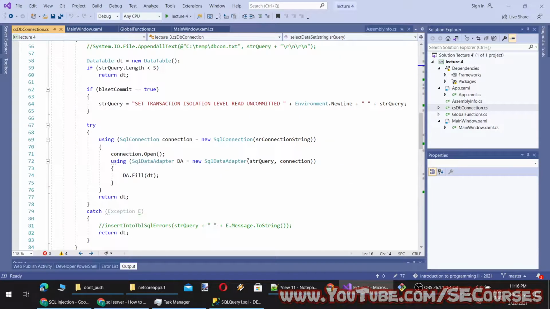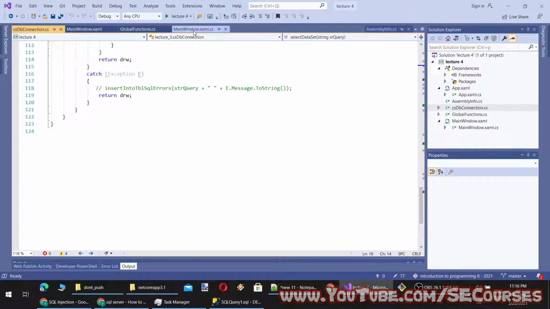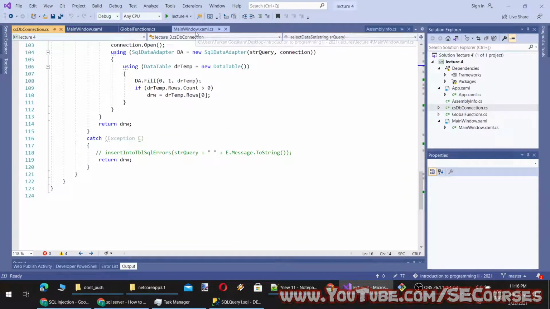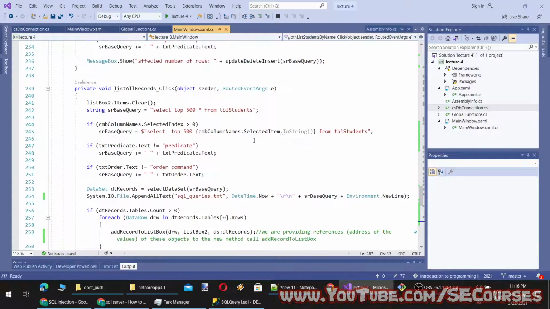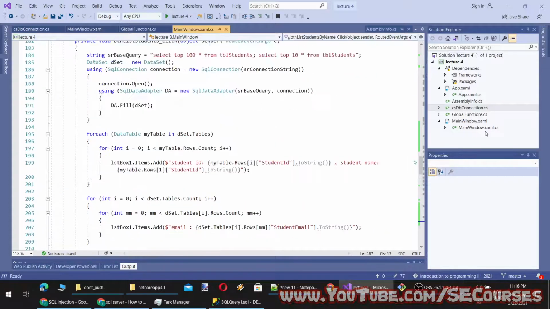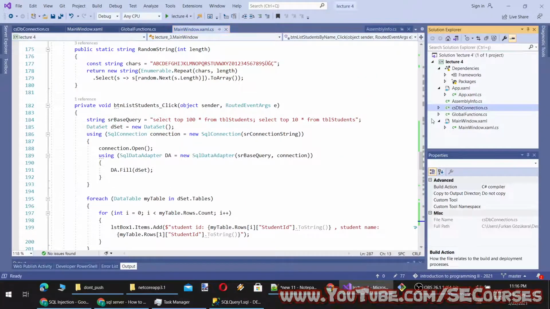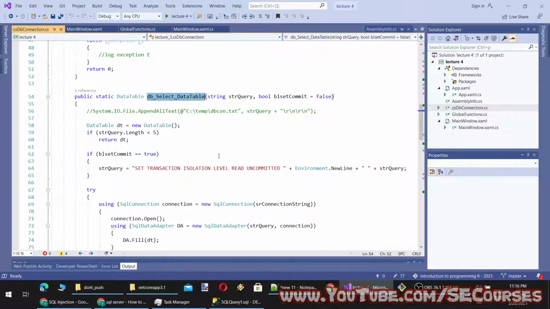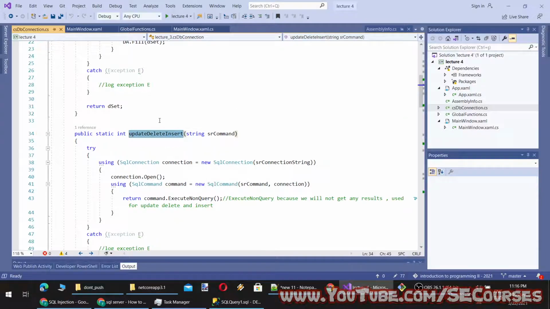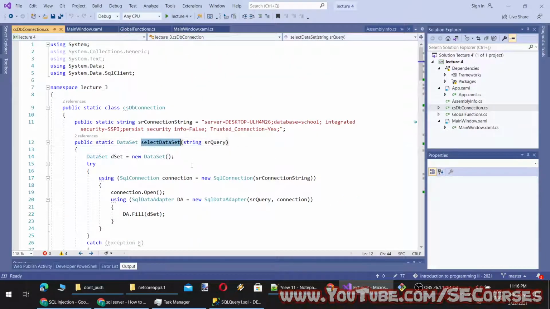Okay, so how do we write parameterized queries? I will start from a simple query and then I will turn that into a method, just like our existing select data table method, select dataset method, or our update method, which we have seen so far: select data row, select data table, update, delete, insert, and select dataset.